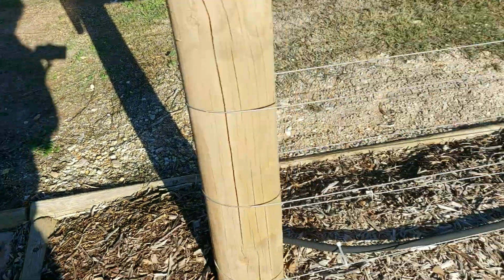Just a quick update. Obviously we've covered the veggie gardens, but I'll just give you a quick show of what the veggie gardens look like now. Sorry for the sun, it's morning and it's right behind me. Just bear with me. Okay,